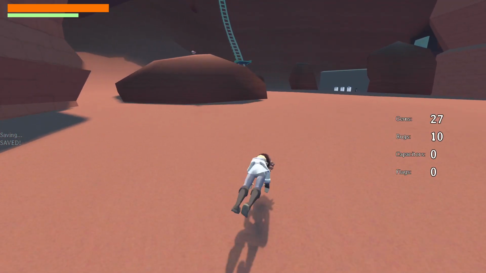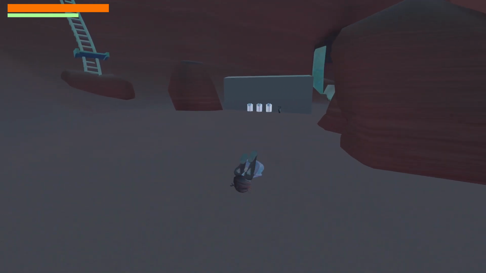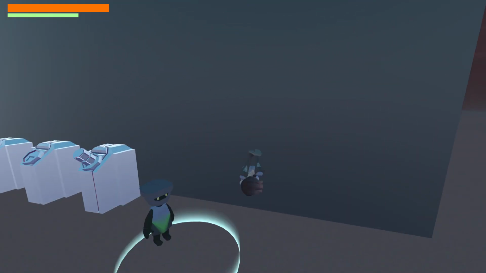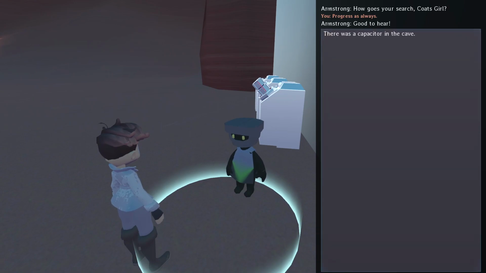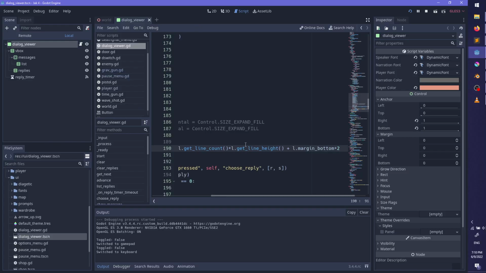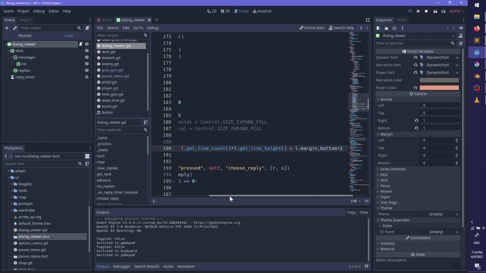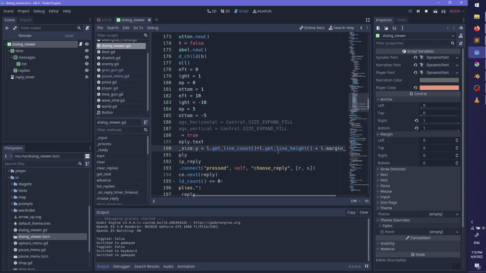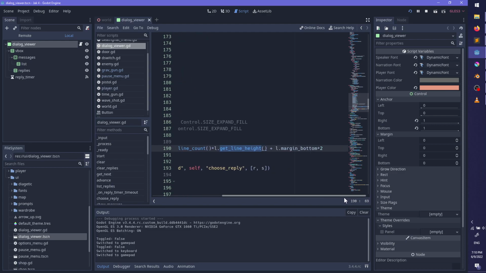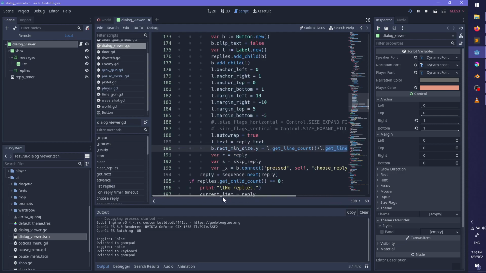It might work. Doesn't quite work. Get line count times get line height plus margin bottom times 2.